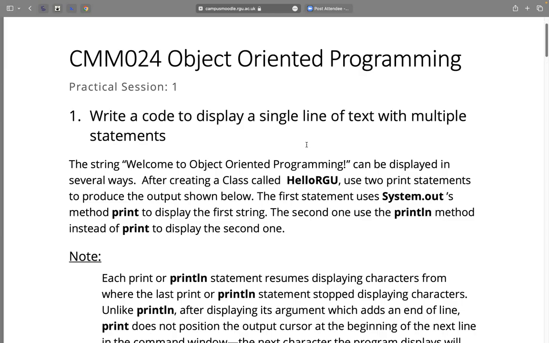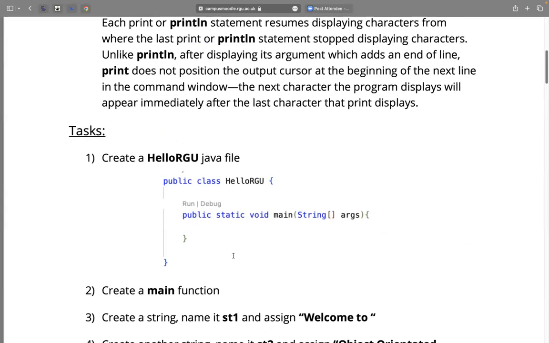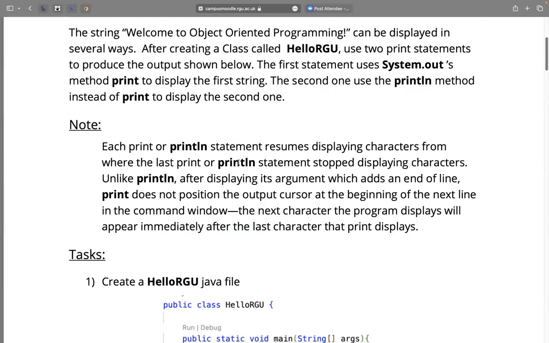The first statement uses the System.out method print to display the first string. The second uses System and so on. Each print or println statement resumes displaying characters from where the last print or println statement stopped displaying characters. Unlike println, after displaying its argument, print does not position the output cursor at the beginning of the next line in the command window. Basically, what they are saying here is, I will actually go into this